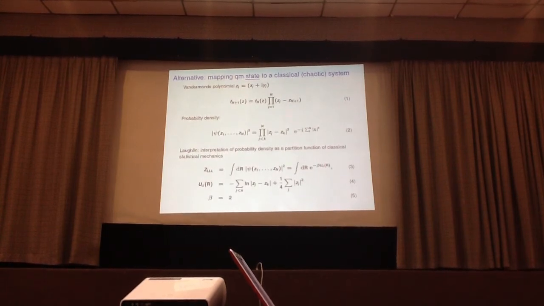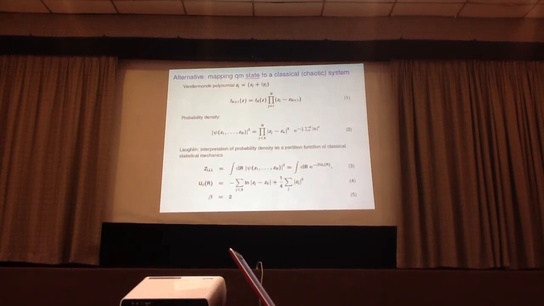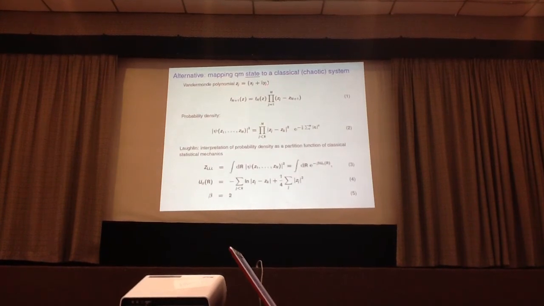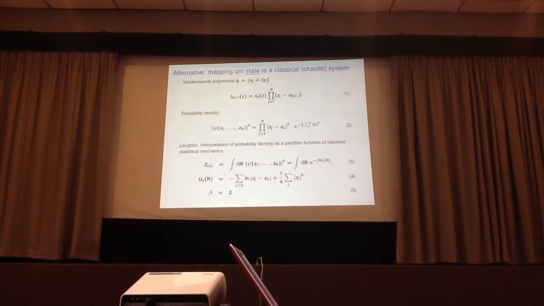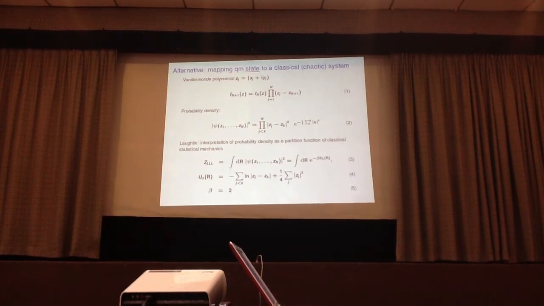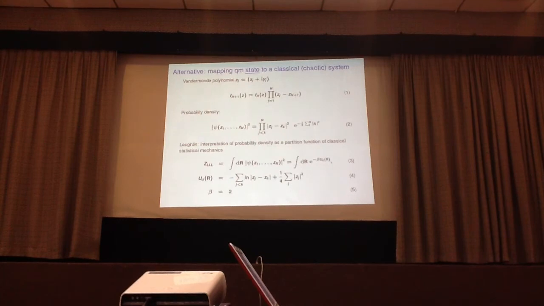He proposed to write wave functions of the interacting electron systems in terms of this polynomial, where again, the electrons are confined to the plane, these are the coordinates of the electrons, and by constructing this polynomial, you make sure that, of course, no two electrons can be at the same place. Because here you have a difference which goes to 0 in this polynomial for the wave function ansatz. The probability density is then just this wave function squared. So you get here the absolute value squared of the distances, and this restores the normalization of the wave function.